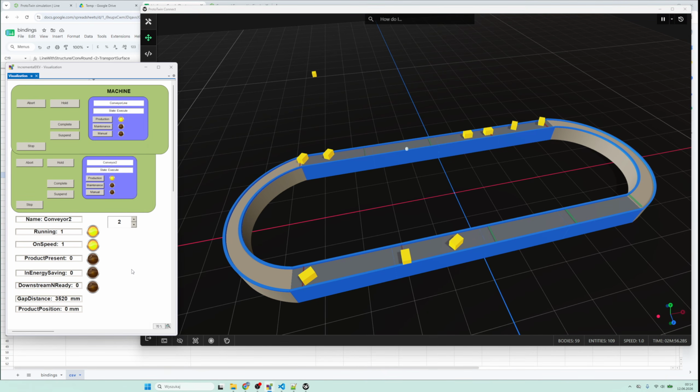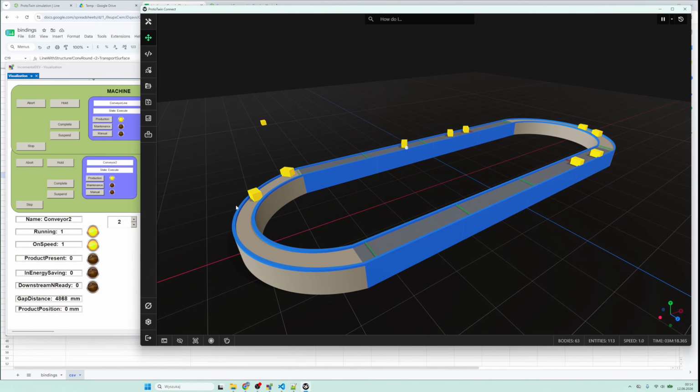So that's how we were able to make a whole loop with 10 conveyors imported from the Onshape and the bindings with some problems, but we've managed to import them from a CSV file that we didn't have to do by hand. And yeah,